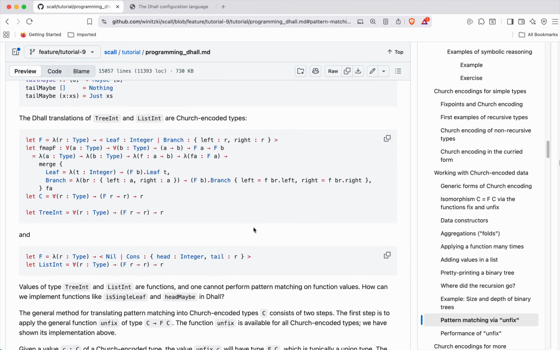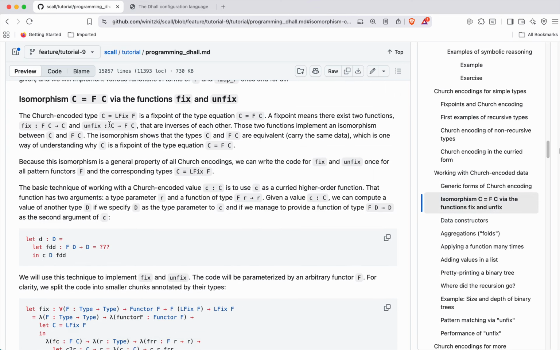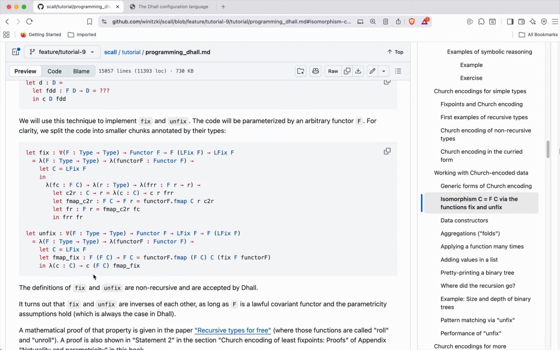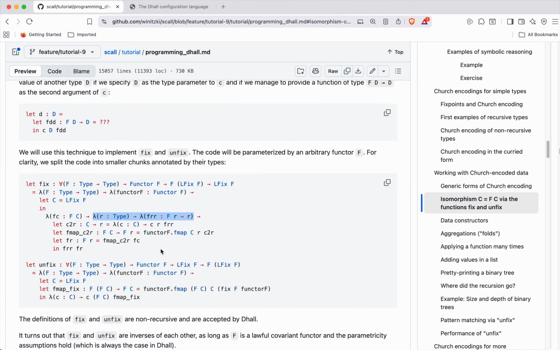So these are the general properties of this fix and unfix isomorphism. The fix gives you at once all the data constructors for the new type, and unfix gives you pattern matching of this type, which is very non-trivial, as you can see, as you cannot directly pattern match on a higher order function. So there's a lot of work going on in this function unfix in order to convert a higher order function